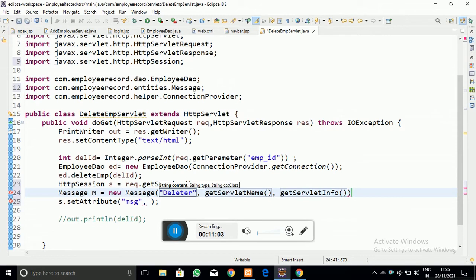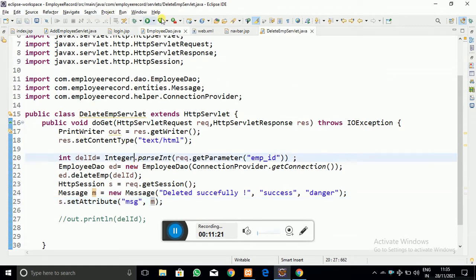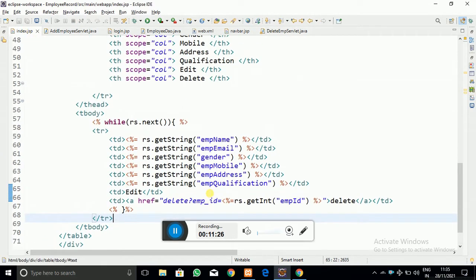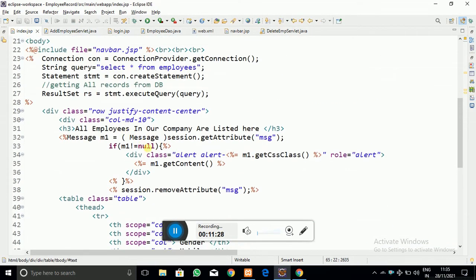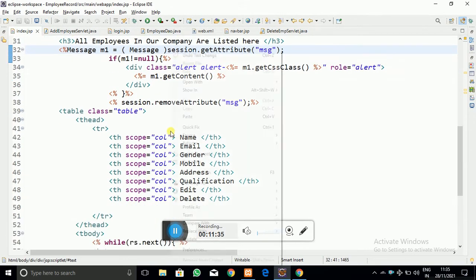Let me write here: deleted successfully. This is a success type message, and danger is the Bootstrap CSS class, as you know. That value is going to be the message value got from the session.